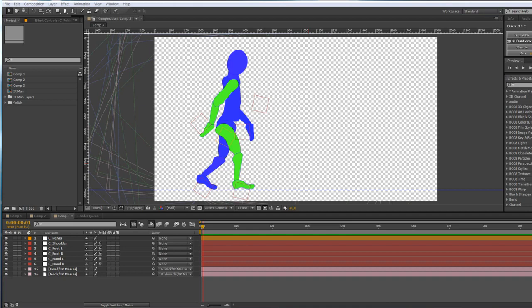So I've got my IK man here. I'm assuming that you've followed the previous two tutorials where we've used the Duik script, we've installed the script, and I've set up my man to do a walk cycle. I'm just going to do a couple of bits and pieces just to sort the man out and make sure